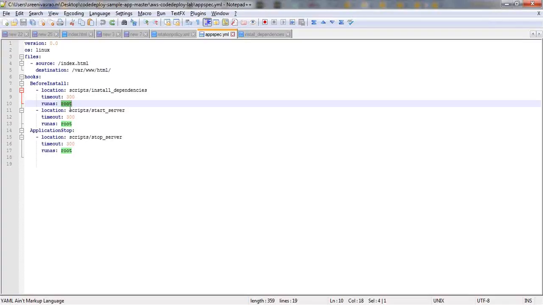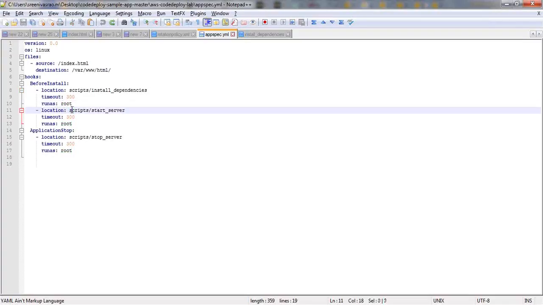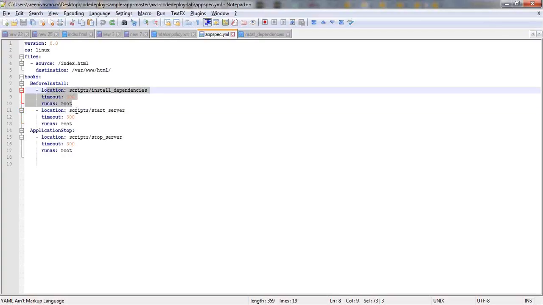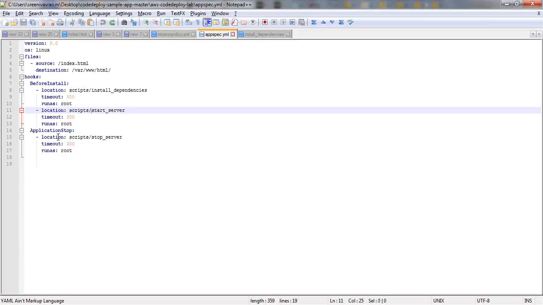EC2 instance. Yesterday we had not assigned that AWS CodeDeploy instance role, so that's why we were facing a lot of issues while deploying the code. It was not triggering; it was failing at the initial stage itself. Okay, so this is the one script to run, and this is the start the server and